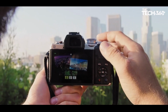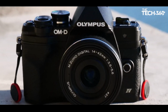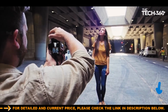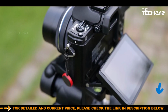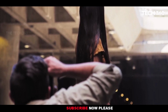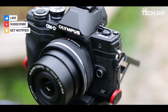While the absence of advanced features like microphone and USB-C ports might be noted, the E-M10 Mark IV excels as a stills camera, surpassing its peers in the category. In our tests, it emerged as the epitome of a photo-centric marvel, consistently delivering captivating stills. Dive into the realm of advanced photography effortlessly with the Advanced Photo mode, empowering users to explore techniques like long exposures with ease. Borrowing the in-body image stabilization prowess from its flagship counterpart, the E-M1, this camera ensures a steady